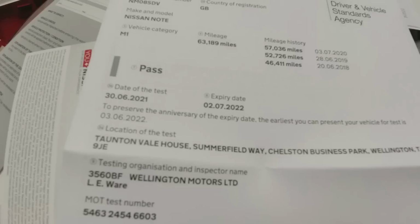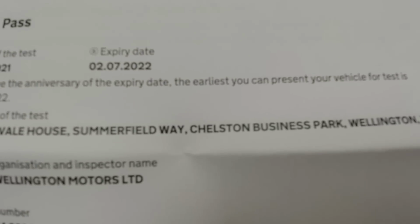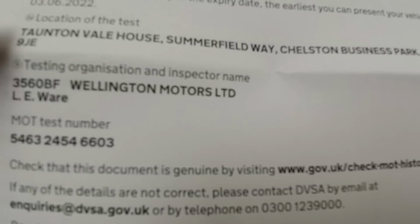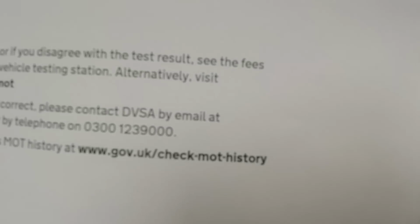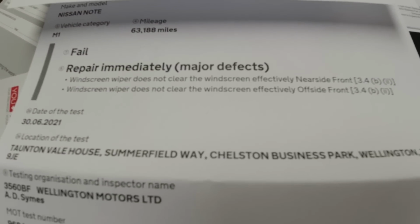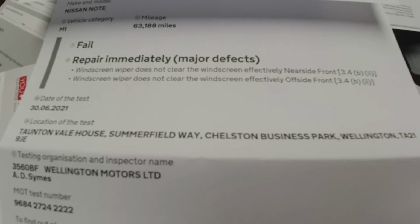Ideal, eh? MOT runs till the 7th, 2022 and is advisory free. However, the previous defects were windscreen wipers. So